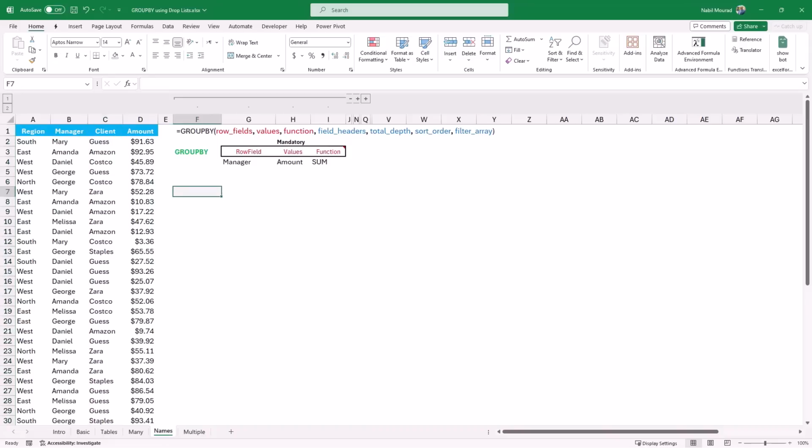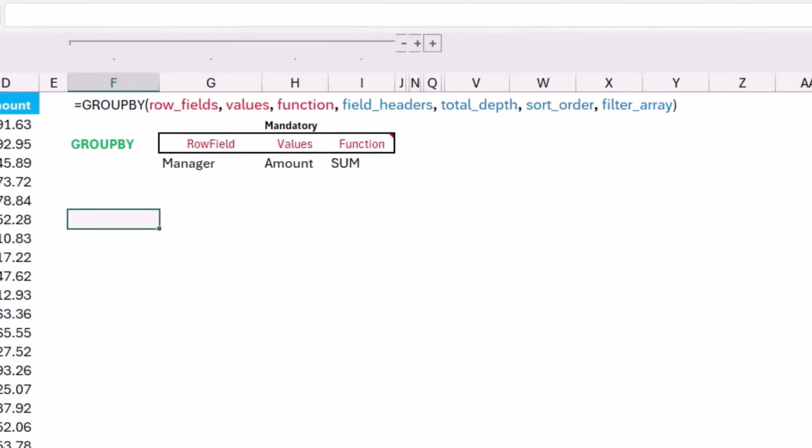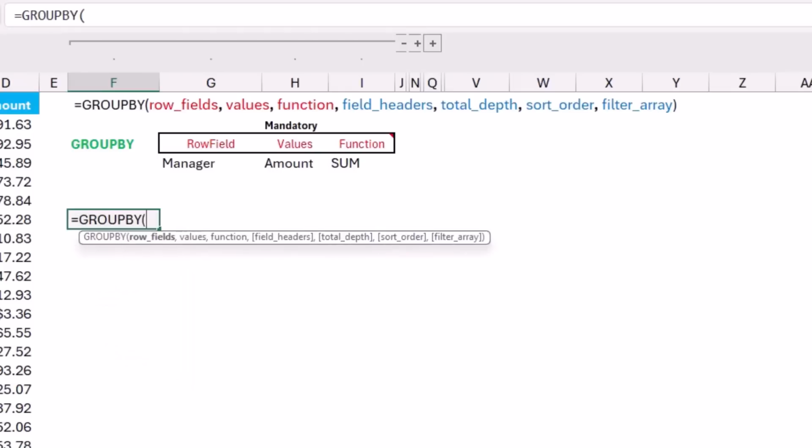And I'll be creating my group by function. I have some field names available in row number 4. I'll be referring to the named range manager and the named range amount in my group by function. So I type equal group by, and then I hit tab, and because I'll be referring to a named range,